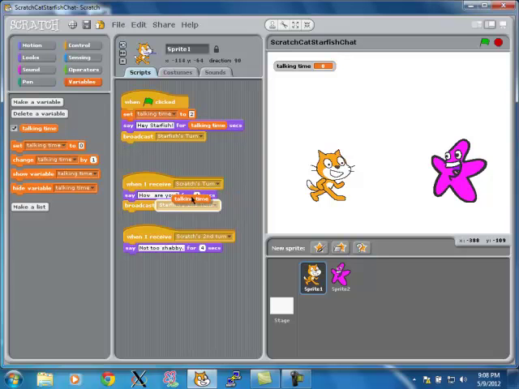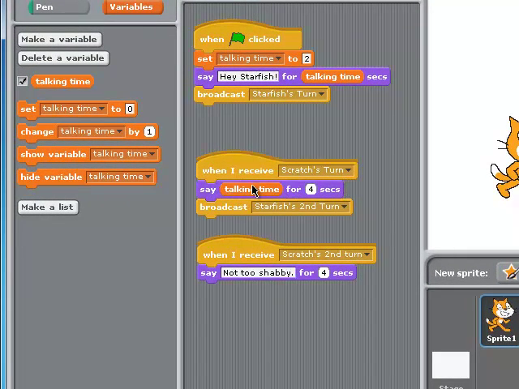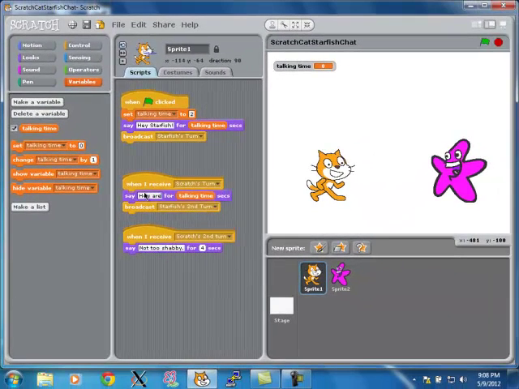Now, notice that if I make a mistake and drag it on top of where it says how are you, then I can drag it back out, but Scratch is going to replace my how are you text with the word hello. So I'll have to type how are you back in there again. So if you accidentally drop this in the wrong place, don't worry about it too much. Also, if I drag it on top of broadcast, it'll say broadcast talking time, which is not what I want. I'll have to drag it back out, and then I'll have to make sure that this has the right